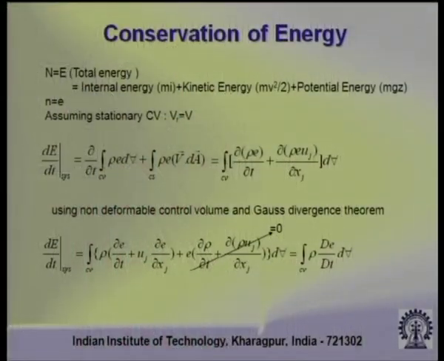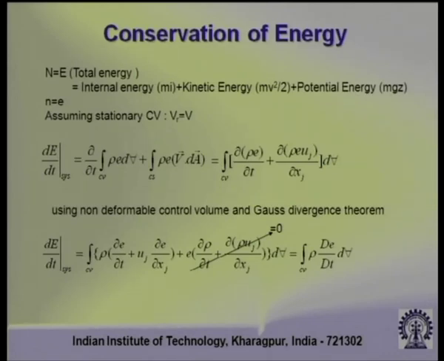So, let us refer to the slides where we see a quick derivation of the energy equation. To do that, first of all we consider the total energy of the system, which we need to conserve. We call capital E the total energy, which is the sum of the internal energy, kinetic energy and potential energy.